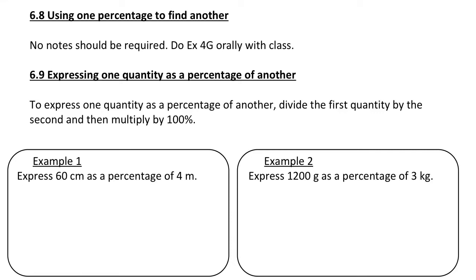6.8, using one percentage to find another. So it says here in the notes that no notes should be required. If we think of percentages and probability, it should kind of make sense. So if 40% of the world's population were left-handed, then that would mean that 60% of the population would be